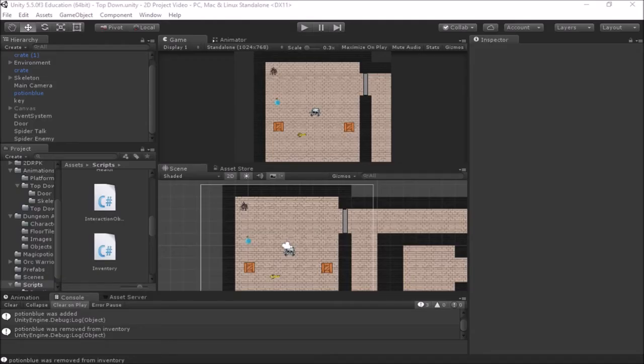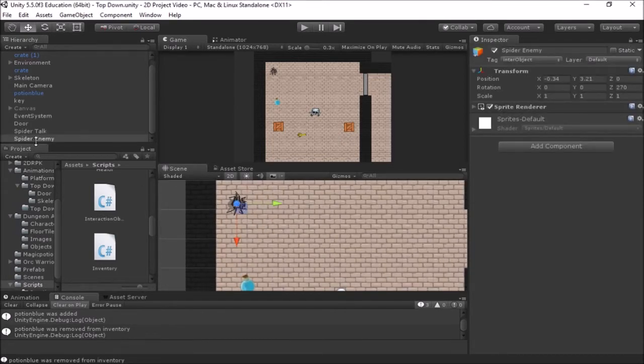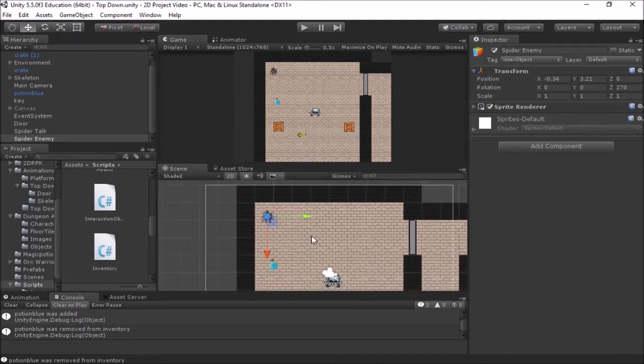Welcome back to another video in our series on 2D game basics. In this video we're going to start looking at adding some enemy AI to our objects here in our scene. So I have a spider that I've brought in here. This is my enemy spider, and we're going to be working with him a little bit to give him some